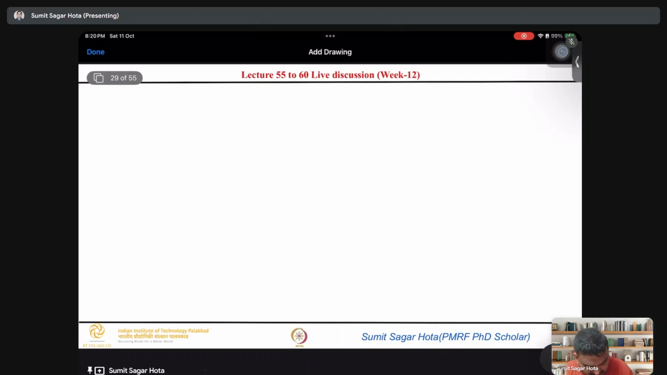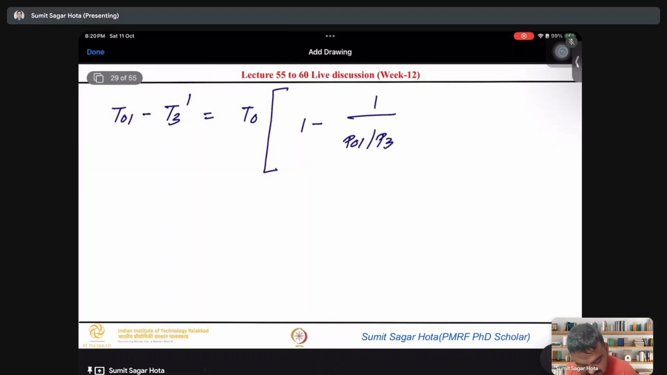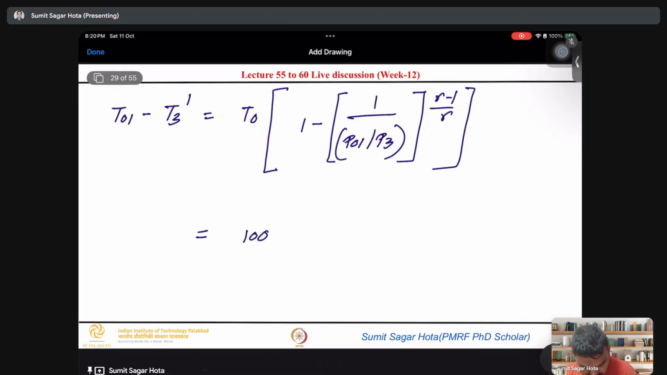So let's apply the formula quickly. So the T naught 1 minus T3 dash is equal to T naught 1 into 1 minus 1 by P naught 1 by P3 to the power gamma minus 1 by gamma. Okay. So just substitute the values and find out the temperature difference. 1000 into